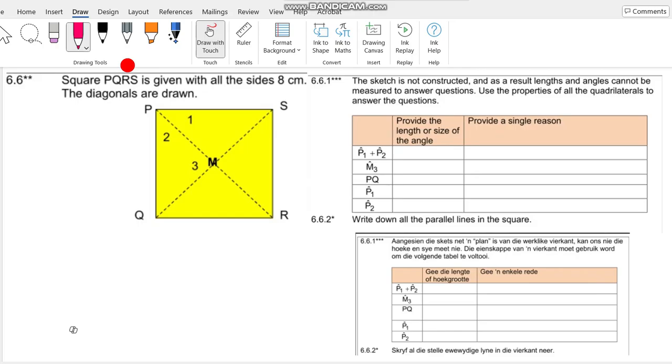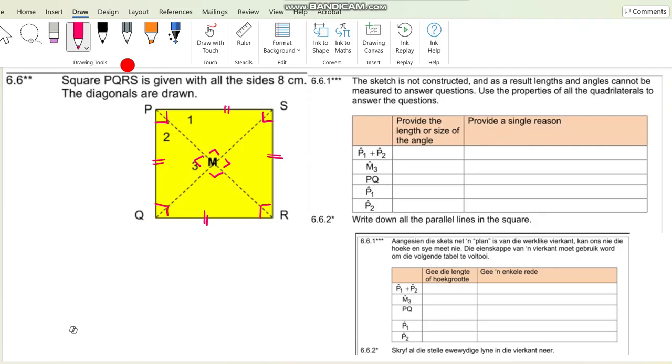So we can see it's a square because all sides are equal. We know from the previous questions that our parallelogram has 90-degree angles. We know that each angle is 90 degrees with a square. What else? Okay, I think that's it for now.